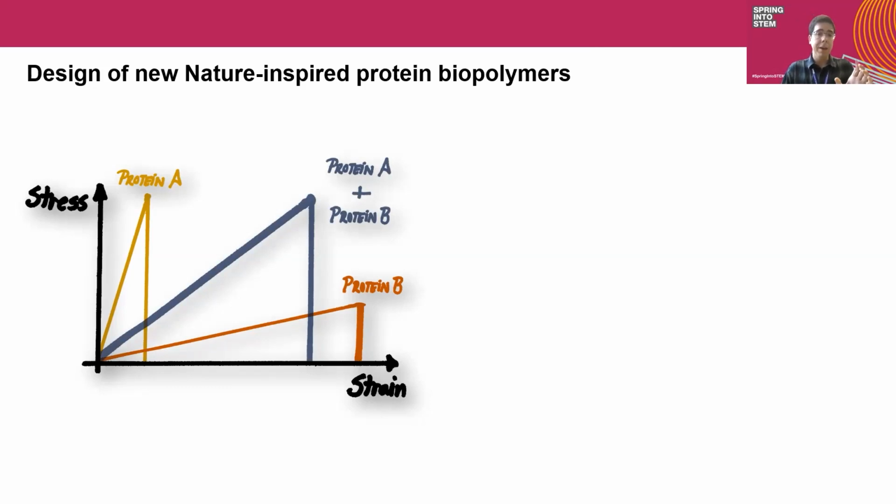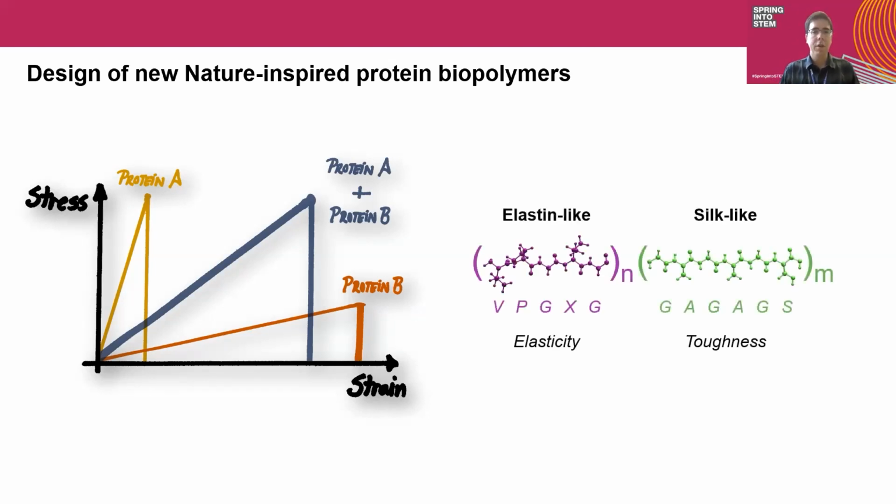So for that, we would need to take the DNA that encodes for protein A and the DNA that encodes for protein B, fuse that, and then introduce that DNA into a microorganism that will produce this new protein. This is, for instance, often done by combining elastin proteins and silk-like proteins. So I've already mentioned several times why I find silk a very interesting material, but elastin is also a very